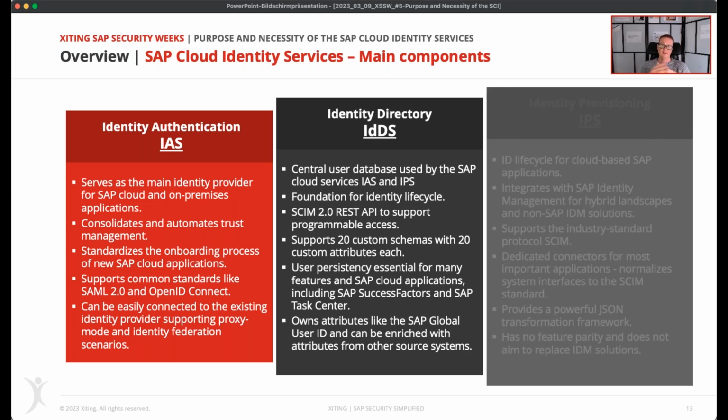So objects in this identity directory, like users, like groups, like schemas, can be programmatically accessed, modified, and you can even have up to 20 custom schemas with a maximum of up to 400 custom attributes that you can maintain there in addition to the normal user attributes.